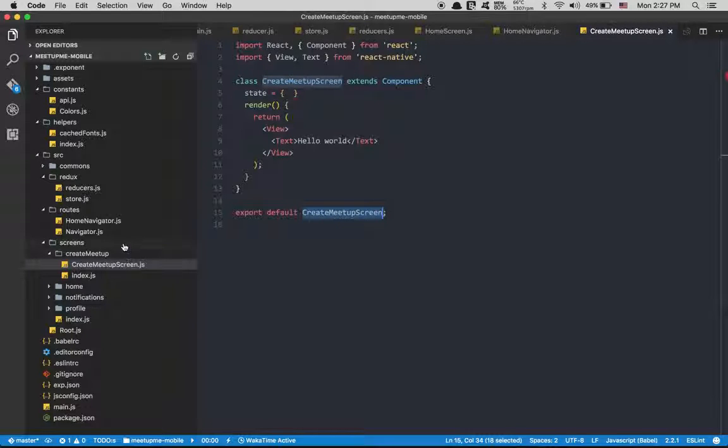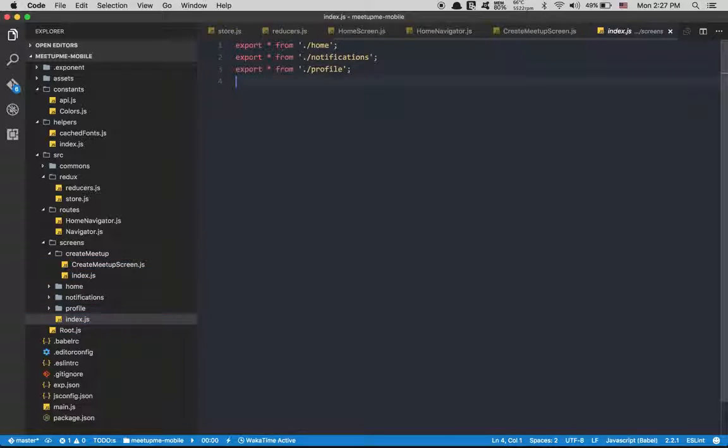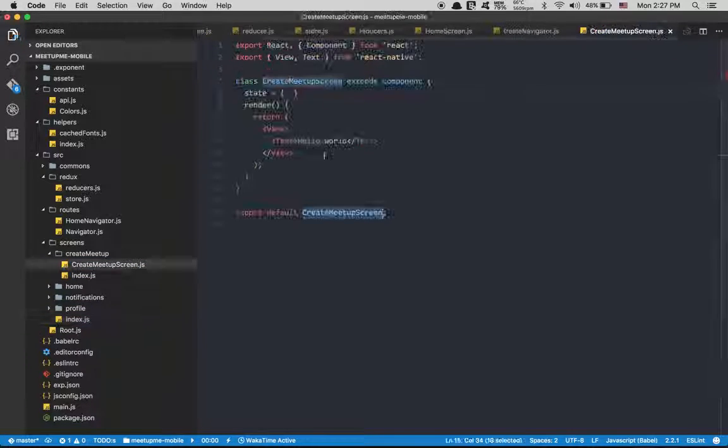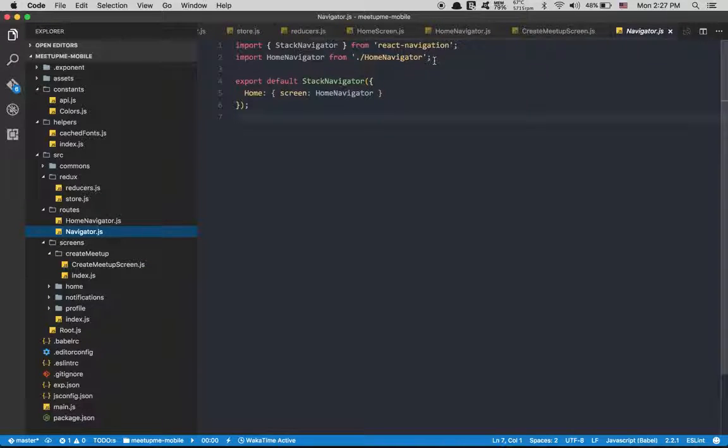This is just to make your life easier. That's why I do this. Here inside my index, I'm gonna export everything from create meetup. So now inside my navigator, what I'm gonna do is I'm gonna